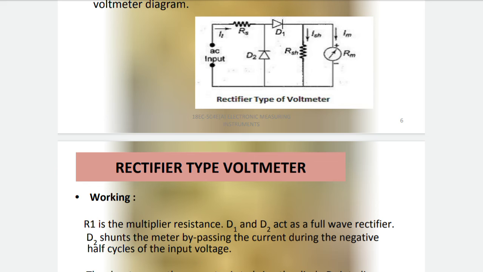You already know from the previous classes, that is in the previous semester, in the center tap rectifier, that is a full wave rectifier, we have used two diodes. During the positive half cycle of the AC input, D1 is forward biased and D2 is reverse biased, and during the negative half cycle of the AC input, D2 is forward and D1 is reverse. Same principle is applied here.